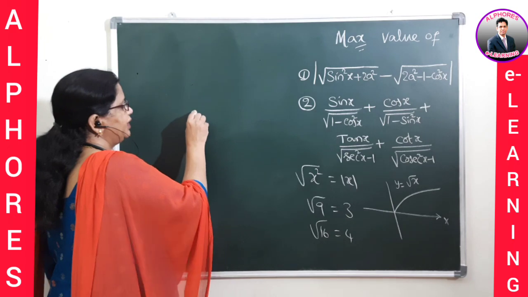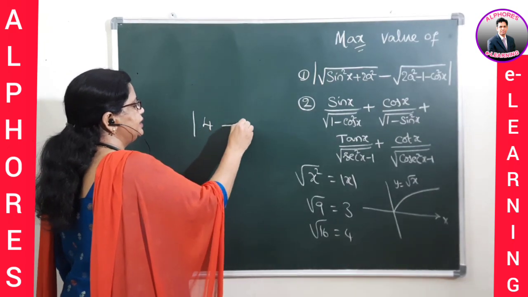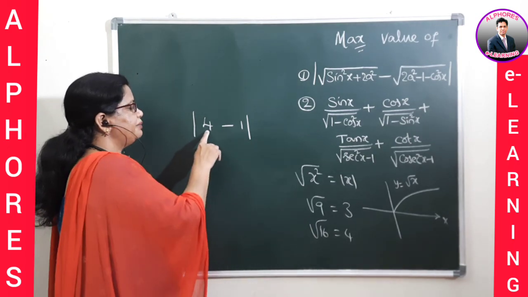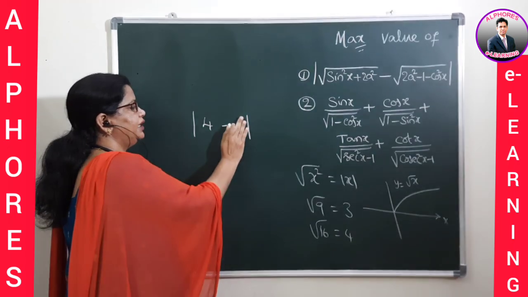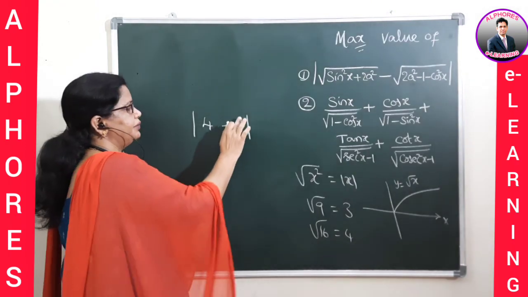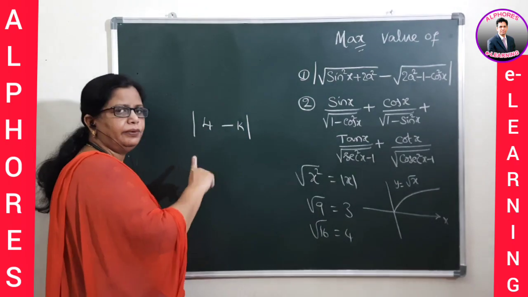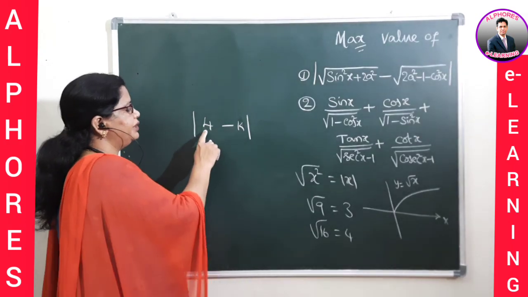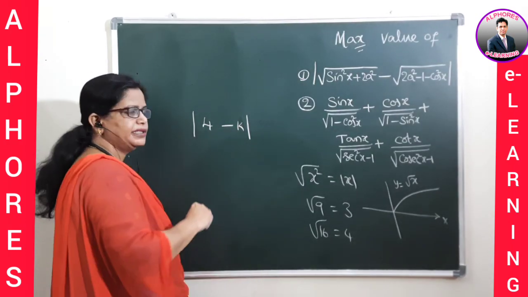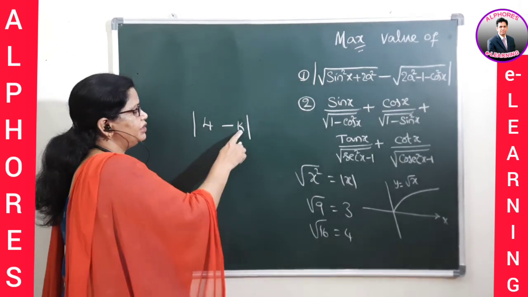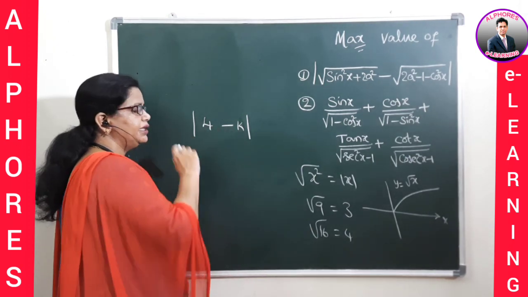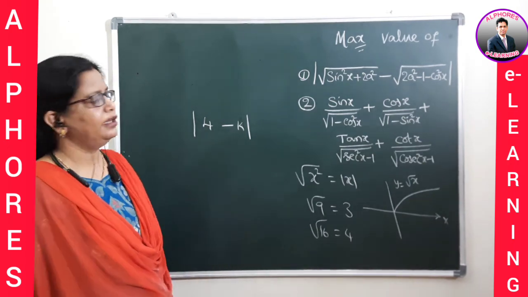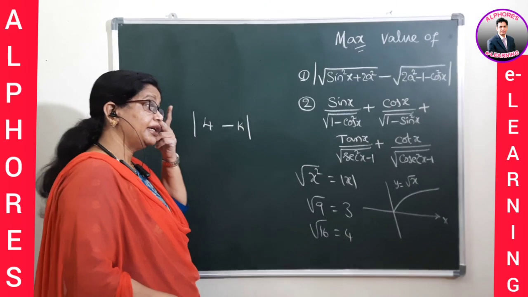Suppose if I am having here 4 minus this is 1, then what is the maximum value of this one? The maximum I can say is 4, provided this kind of value is 100% 0. Suppose if I write k here, 4 minus k. Now 4 minus k, I can say the maximum can be 4 here, sure, when k value is a positive value, and then we can say here this 4 is exactly the maximum value. Now here how we can prove this is exactly our maximum value?